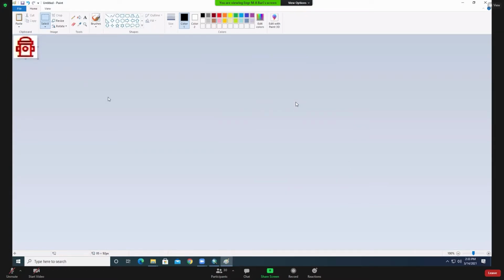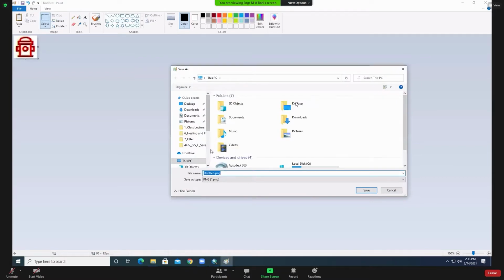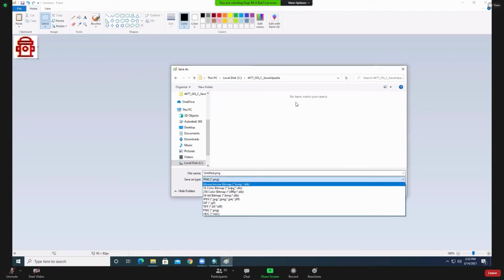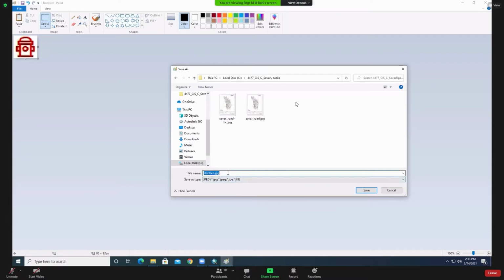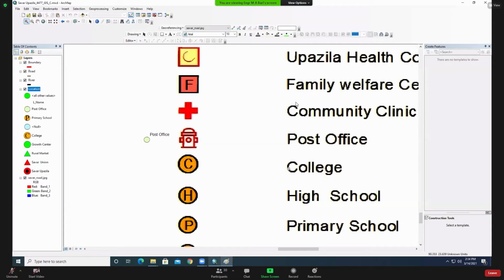So your JPG is now there. Then file and save as. Then go to your folder where your file is. Suppose this is my file, I just use JPG and write here, Post office.